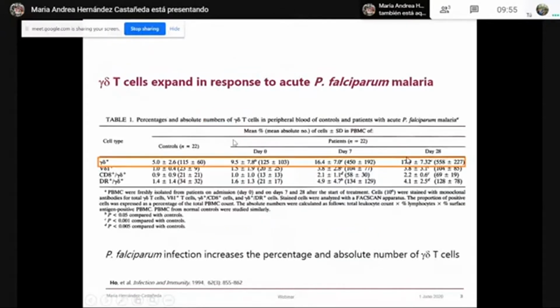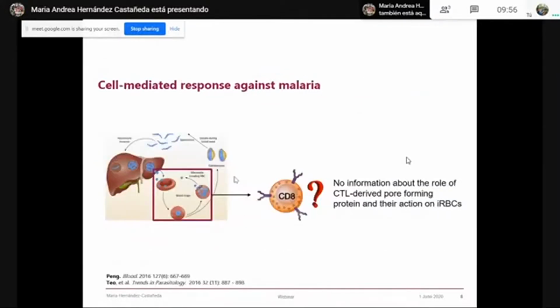Additionally, it has been shown that when patients are infected with Plasmodium falciparum malaria, there is an association with an increase in the percentage and absolute numbers of these gamma delta T cells, as you can see here. But still, the function of these cells is not fully understood. As I mentioned before, there is no information about the role of the cytotoxic T lymphocytes, and also there is no information about the pore-forming proteins that are derived from these cytotoxic T lymphocytes and their action on infected red